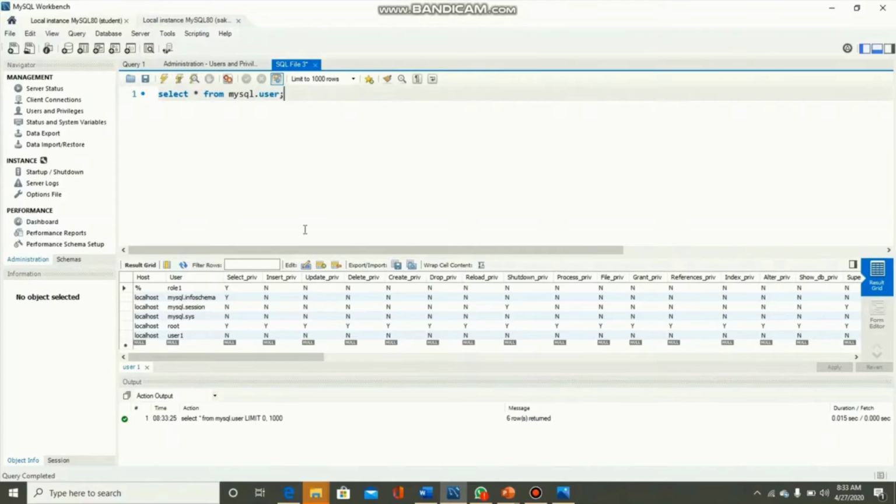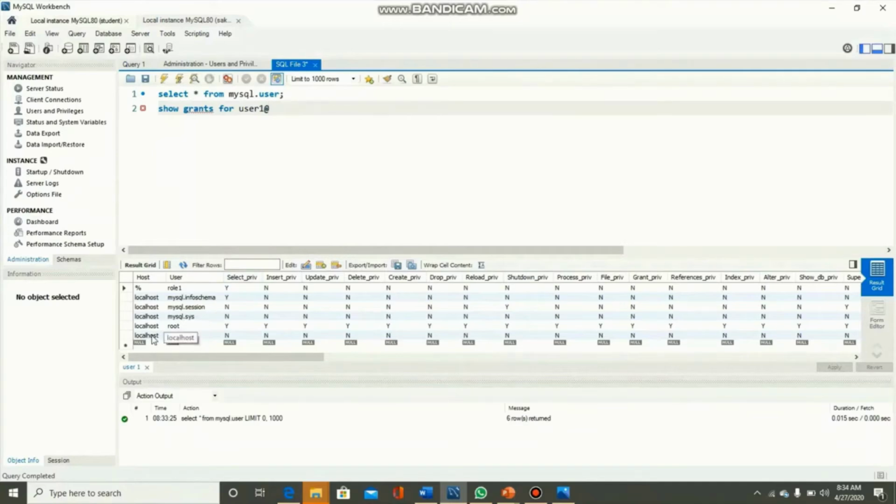Now I want to check the grants for user1. So here I am going to type show grants for user1 at localhost.